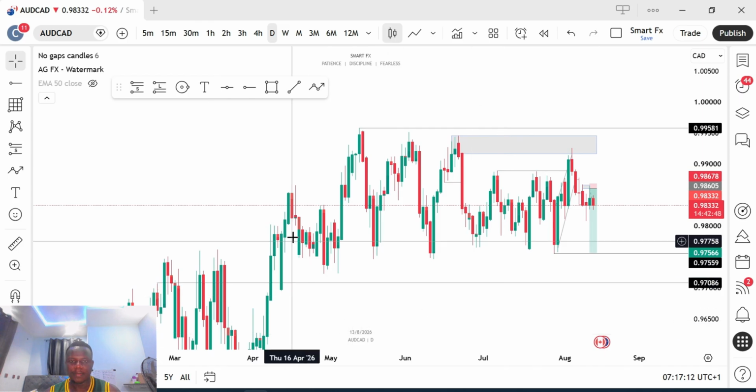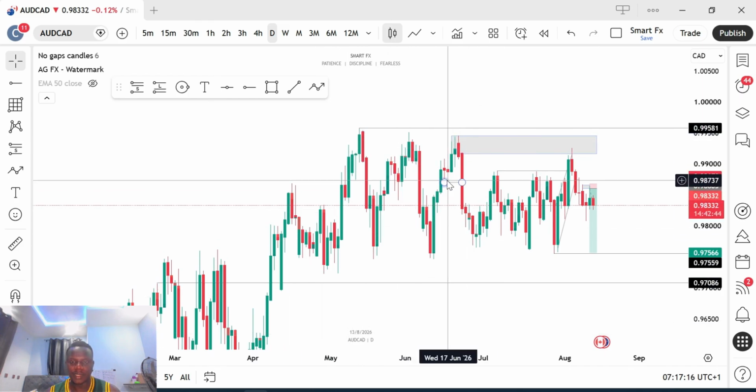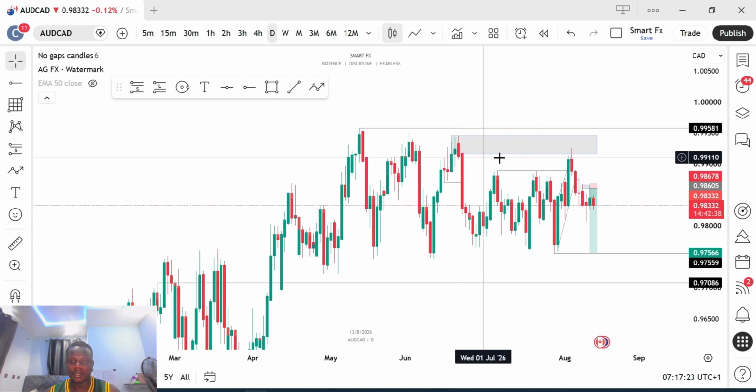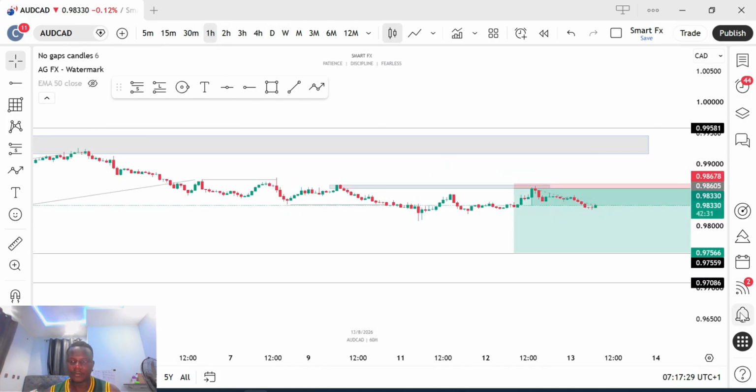Now look, remember, this market could not break this high, and we had a break of structure. This is an inducement, it had already mitigated the breaker block, and the market tapped into the other block and it's coming down. So as every tendency, the market is going to take this low. Now if you go down to your 1 hour time frame